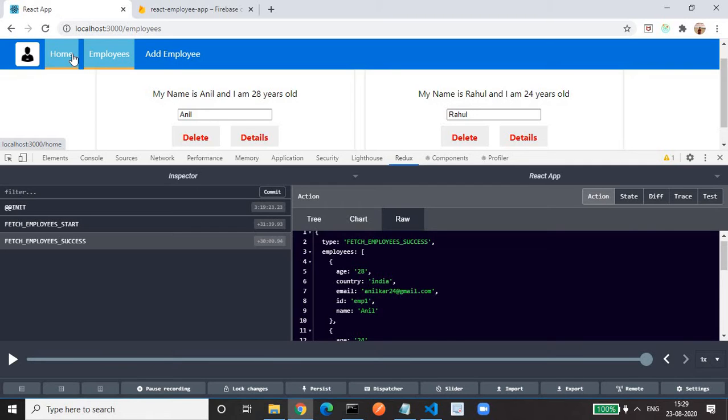So if in the parent we call the action, the action will be caught by the reducer. It updates the state in the store. In child 5, we directly connect child 5 to the store, and child 5 will fetch the data from the store. In this way, this intermediate passing of data gets reduced. This is the main advantage.